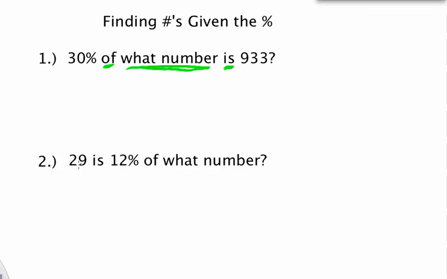It's up to you whether you want to use decimals or fractions, and you have to decide which one works best for you. On number one, I'm thinking that a fraction will work best. So I'm going to go ahead and use 30% as a fraction, which we all know is 3/10